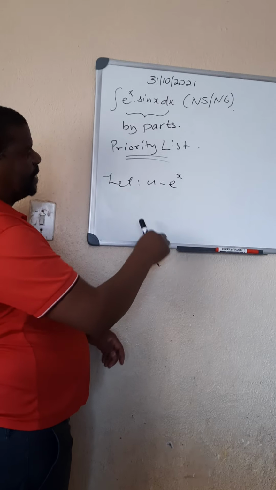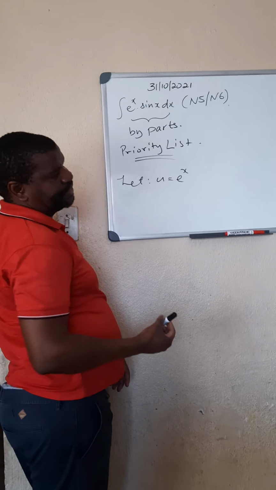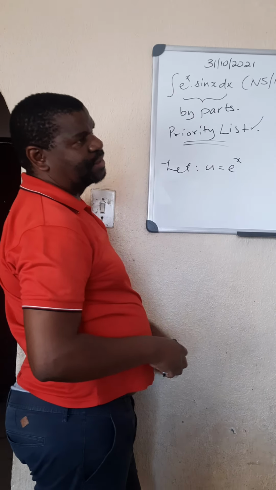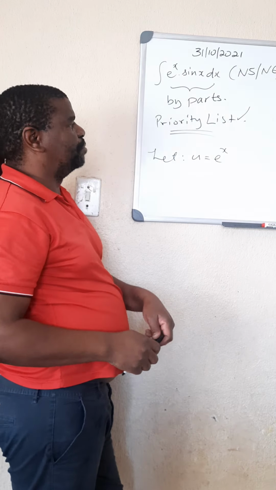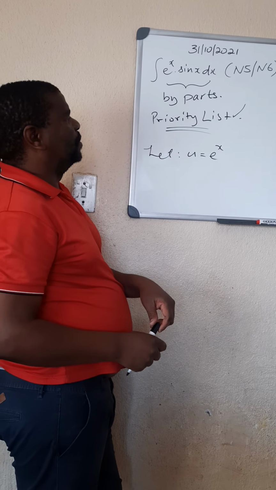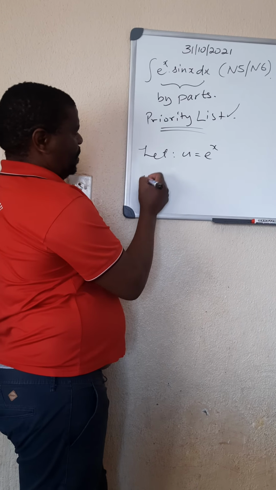And why is it that we may not say u is sine x? It's because of this, where other books or resources will talk of the Liate rule, but I will look at it as the priority list,